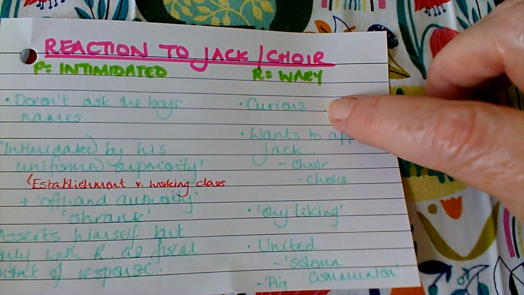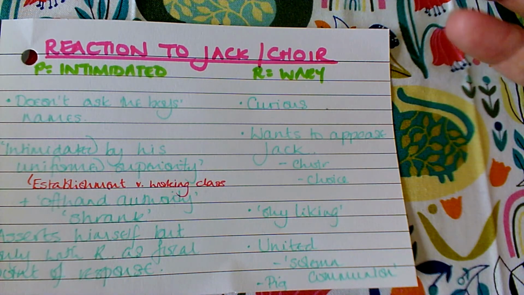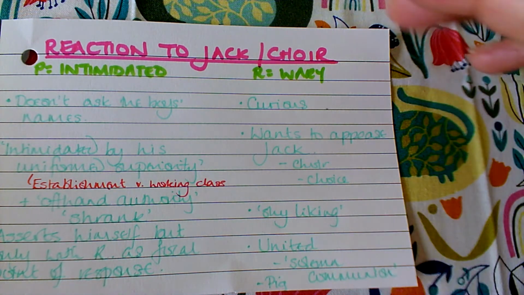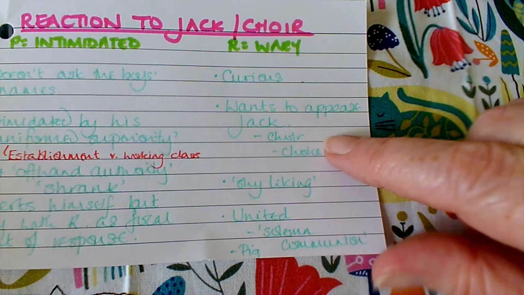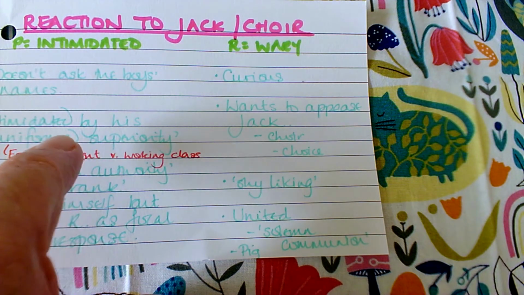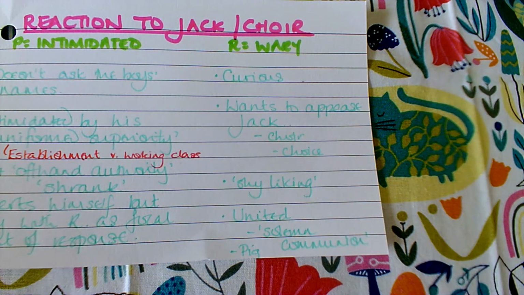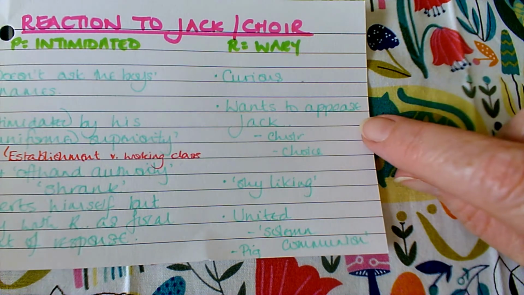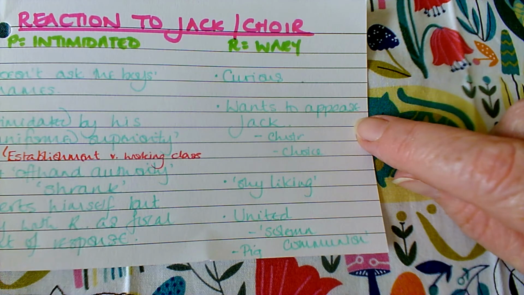Ralph, initially, Golding tells us quite openly that he's curious. He's interested in this odd shape that's coming along the beach that turns out to be this group of boys. And quite early on, I think he's wary, but perhaps not as intimidated as Piggy, but intimidated to a degree. He realises, because again he's quite sharp like Piggy in some ways, that he needs to appease Jack. So Ralph is voted chief, but he knows he's got to give Jack something because he doesn't want to turn Jack into an enemy.